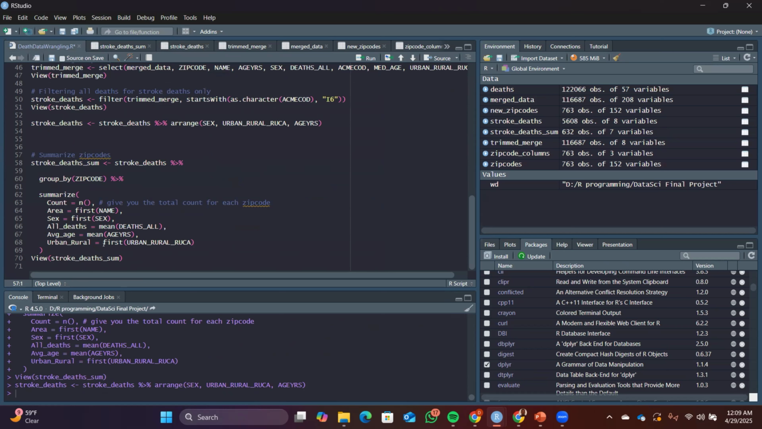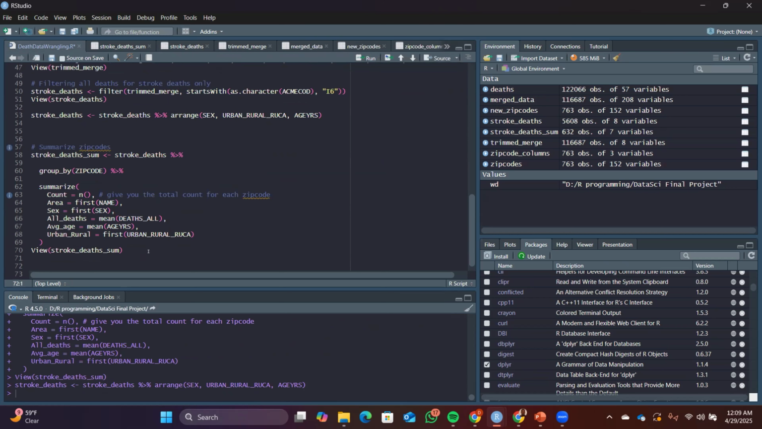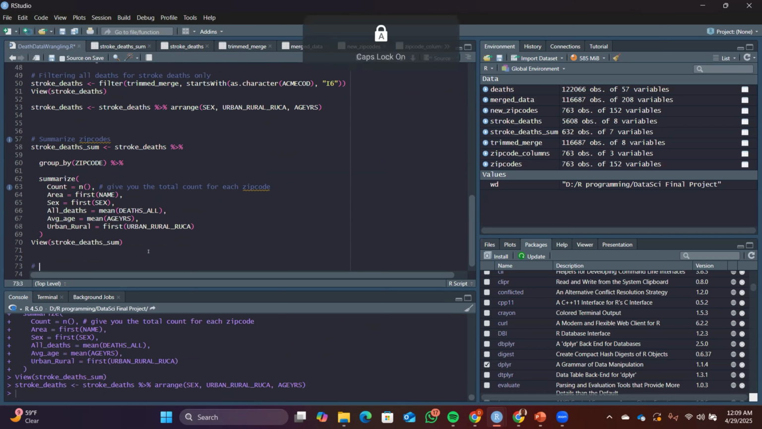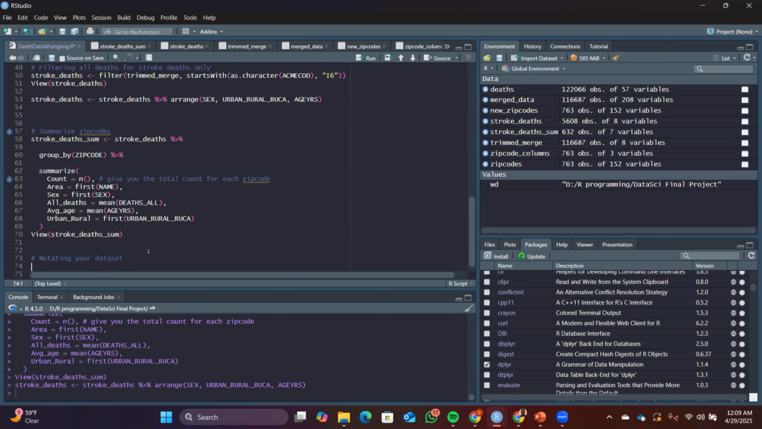But back to this summarize, say for example, I wanted to use the summarize to perform a calculation, which is the last thing that I'll be showing for the sake of this tutorial: mutating your table or your data sets. And it is, as described, a process that helps you change the shape of your database by adding one column. And so say, for example, if I wanted to